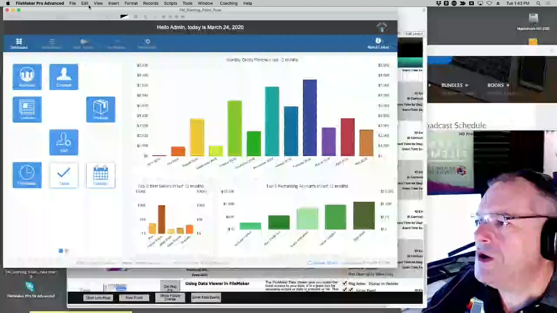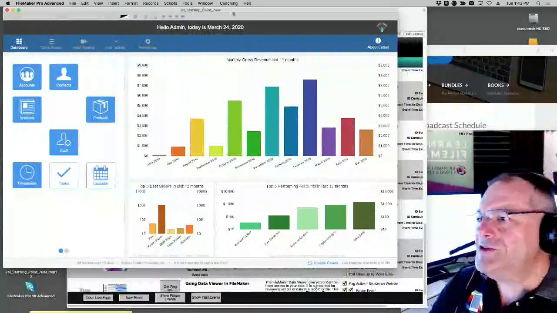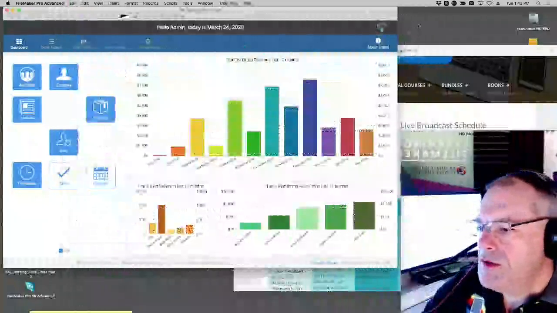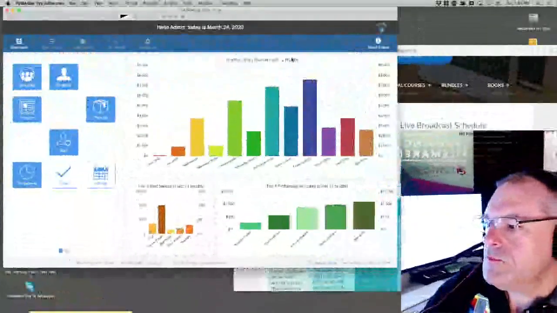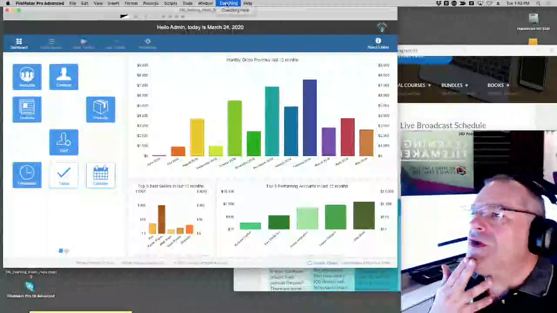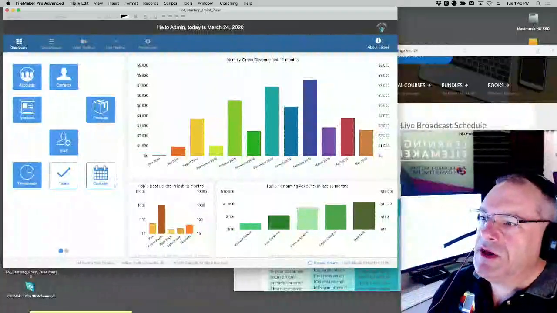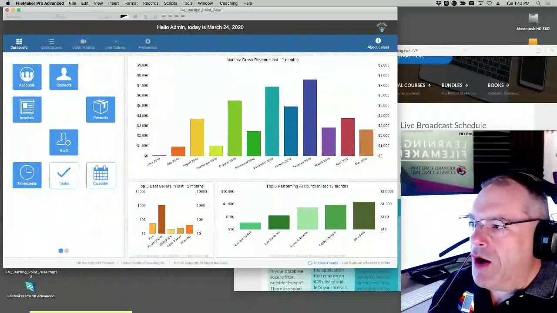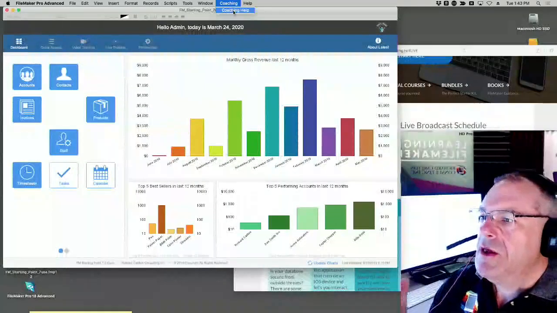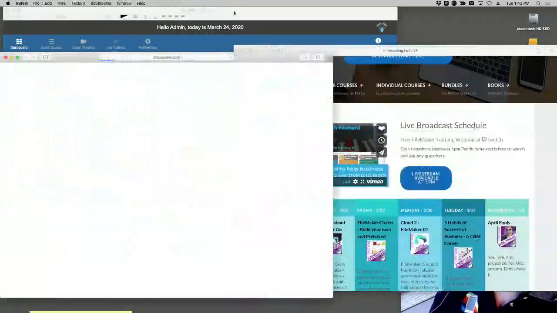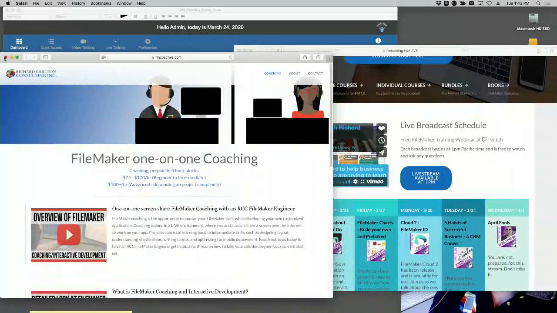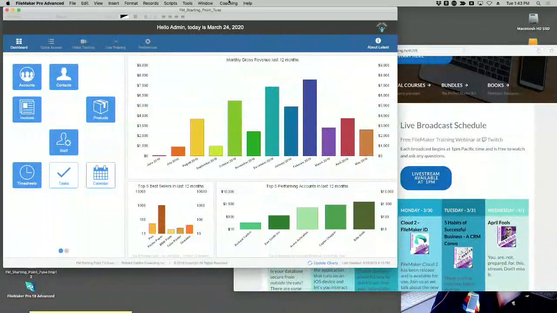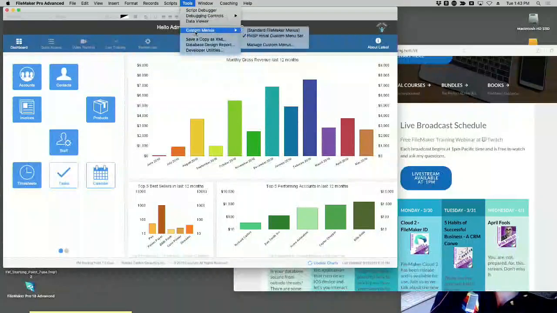So right here, it's important to understand. When we open FM Starting Point initially, I go ahead and close this right here. Oh, wrong button. What you can see right here is that we do have a custom menu installed. In this situation, we left all the other commands intact, but we just added a coaching menu here that says if you need coaching help, you can come to a page here. It actually pops a web page. So it's an ability for us to add some additional information, assuming the person has a screen that could support that extra menu. If we want to edit it, once again, you have to edit the custom menus, you have to be in